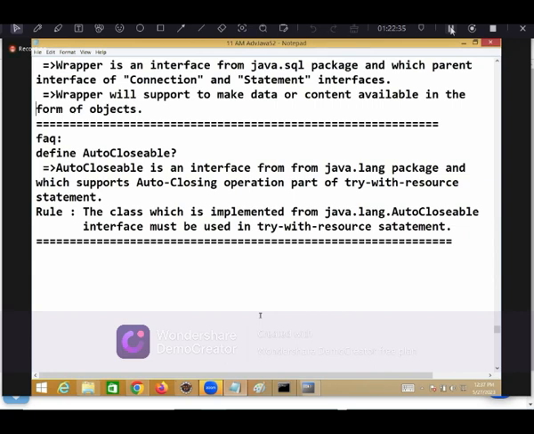Take a break. On Monday is the introduction to servlet programming. When servlet programming starts, the session size will be increased, meaning the session duration will be increased. Generally, I run the class up to 1 hour 20 minutes, 1 hour 25 minutes. When servlet starts, the session size will be increased because time will not be sufficient for us, so we are going to increase the session size slowly. Frankly speaking, stop the practice of JDBC. Three assignments are in your hand: one is employee related, one is student related,